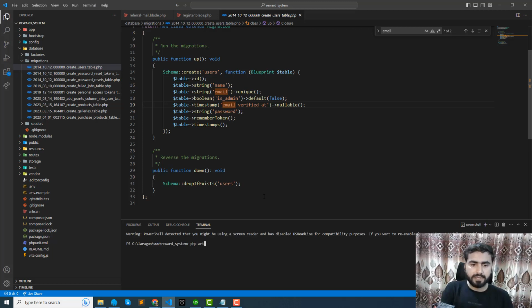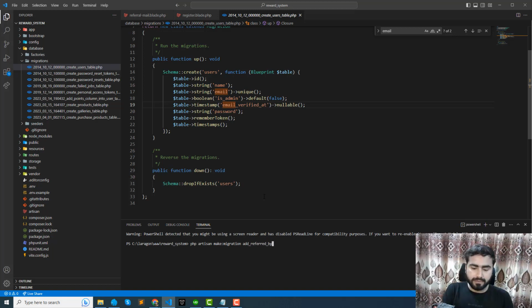Type php artisan make:migration, and this would be add referred by column. I want to add the referred by column